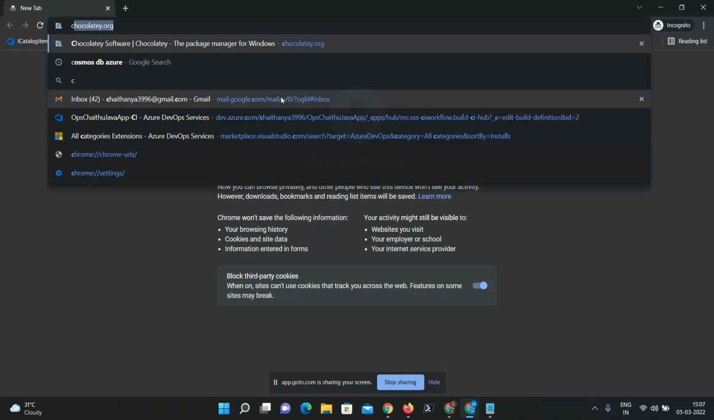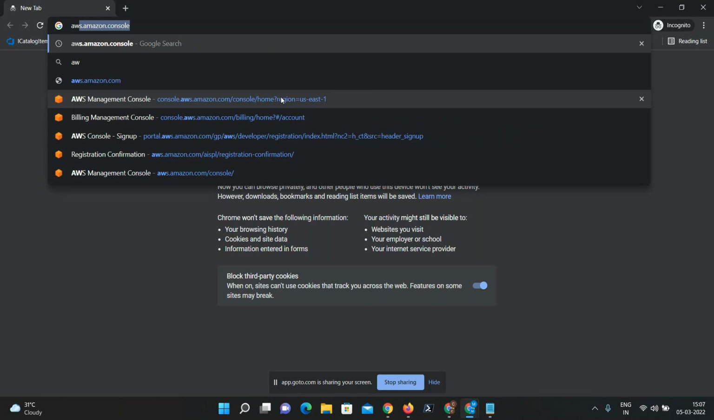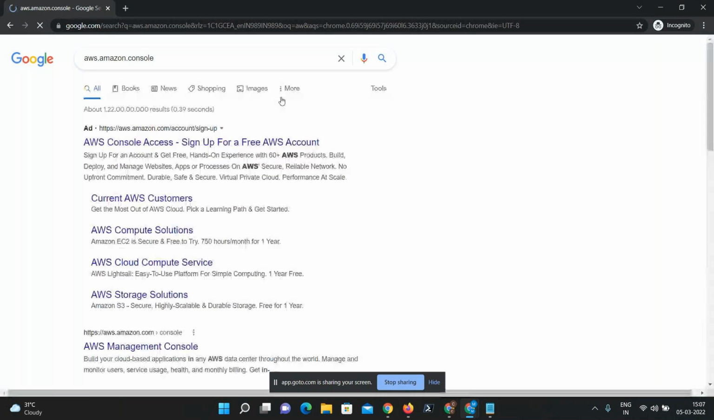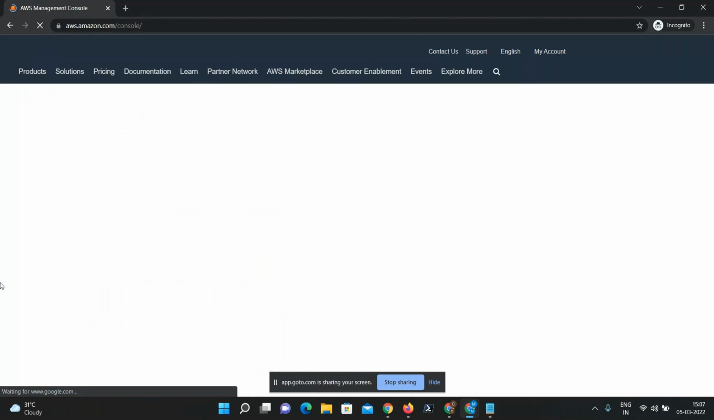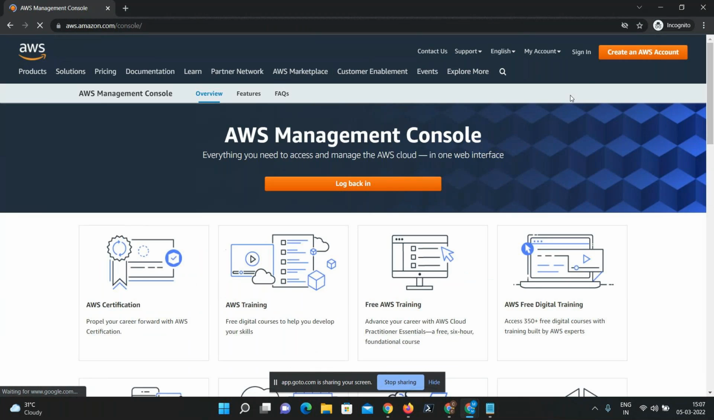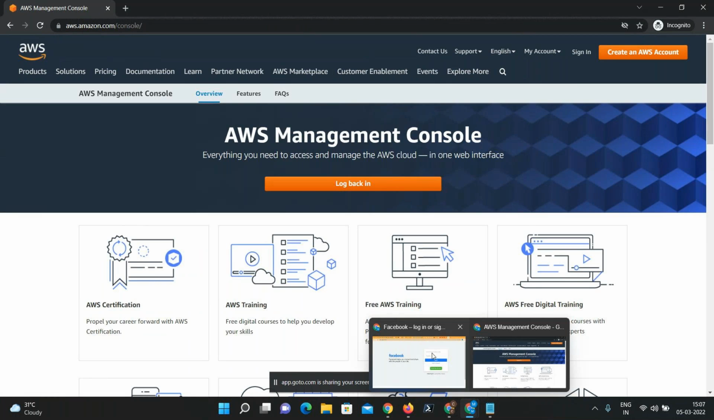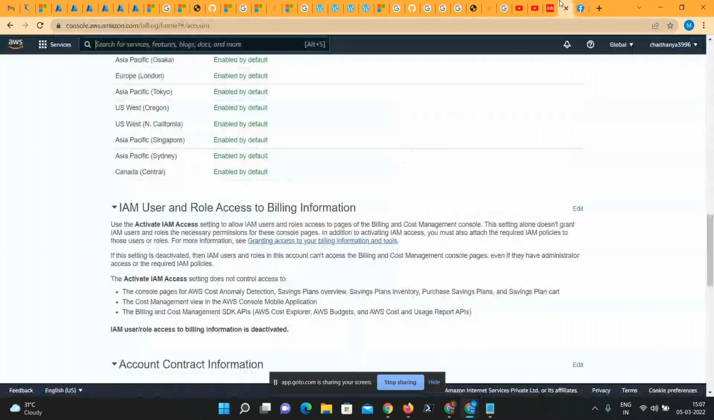If I show here, for creating AWS, Amazon console.com, it's going to ask like this. You can create an AWS account. I have already created my account, so this is my account homepage. And now